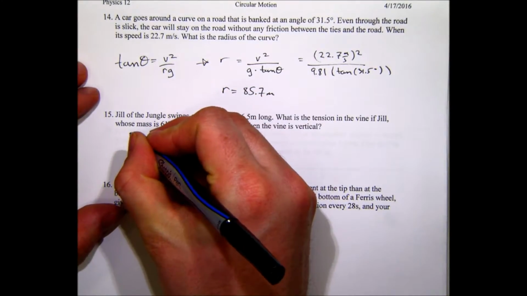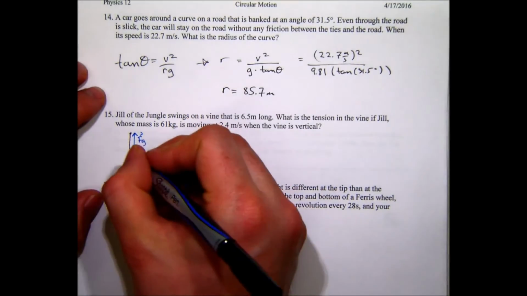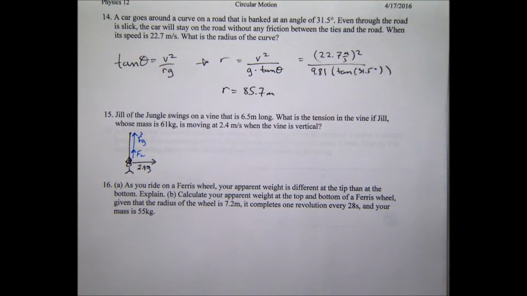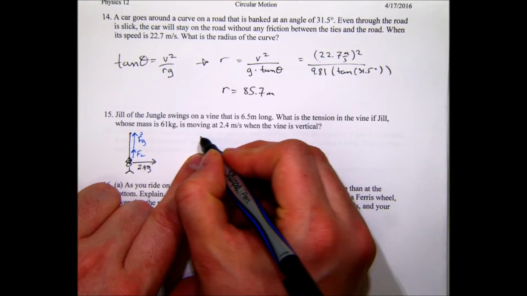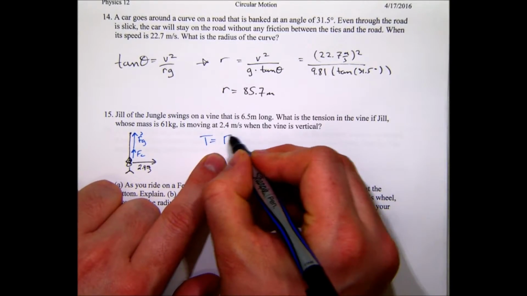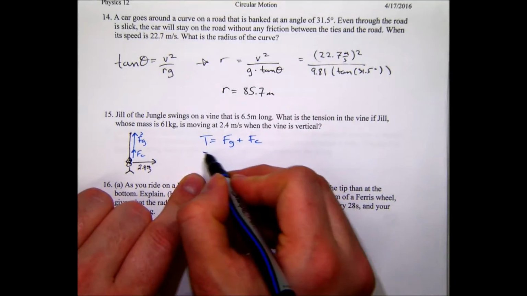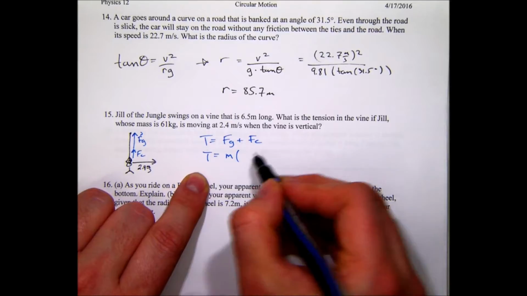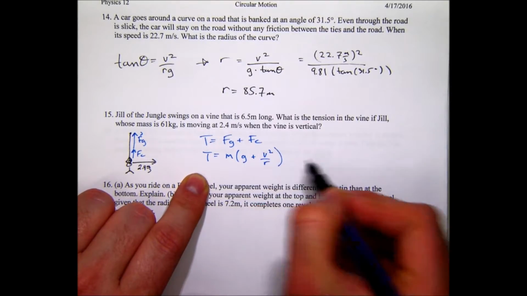So the rope has to support her weight, first of all, but it also needs to provide the force to keep her moving in a circle, Fc. So at the bottom of the rope, the tension is equal to Fg plus Fc, or the tension is equal to her mass times g plus v squared over r